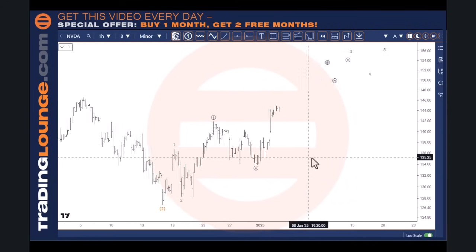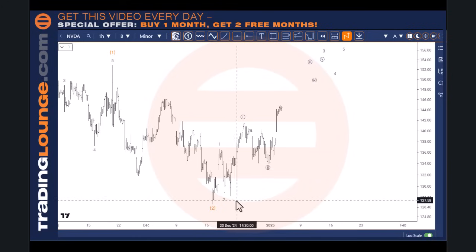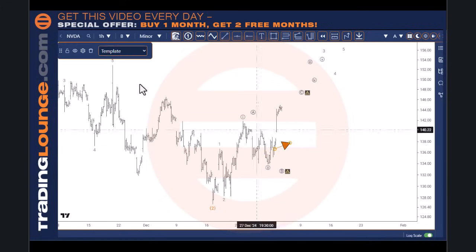And one of the other interesting things here that I'd like to have a look at as well is, I don't want to just jump in just yet when the other markets have got a little bit more downside. This could also be at this point here, if I just grab this here and plonk this over here, an A wave, a B wave, and a C wave coming in here. So really what I would like to do is just to see this now. I've got to get rid of that. There we go.